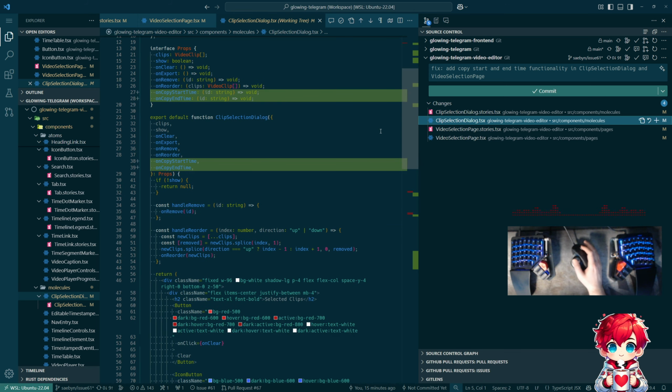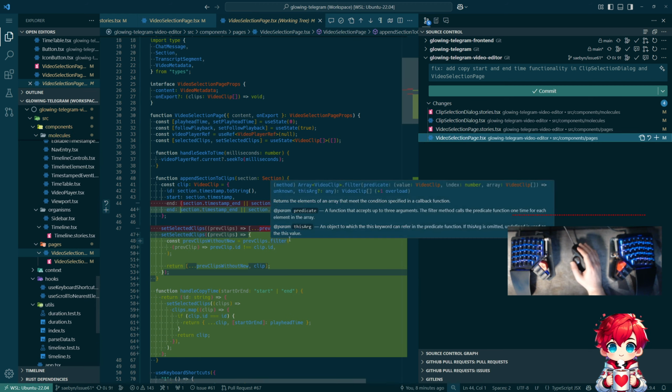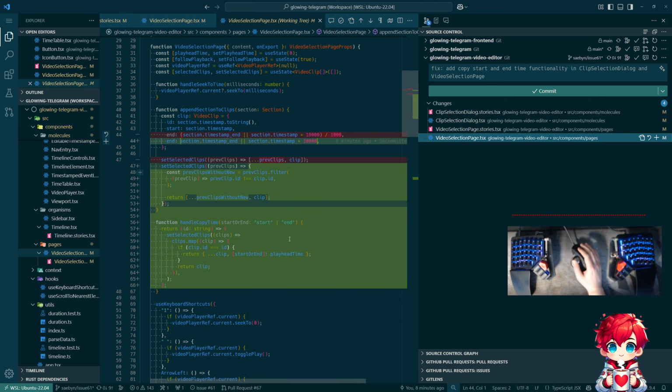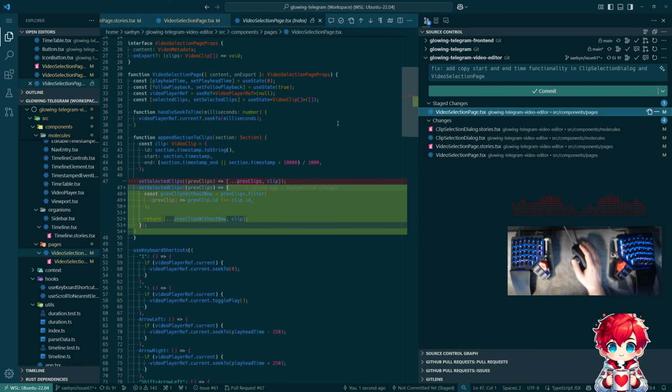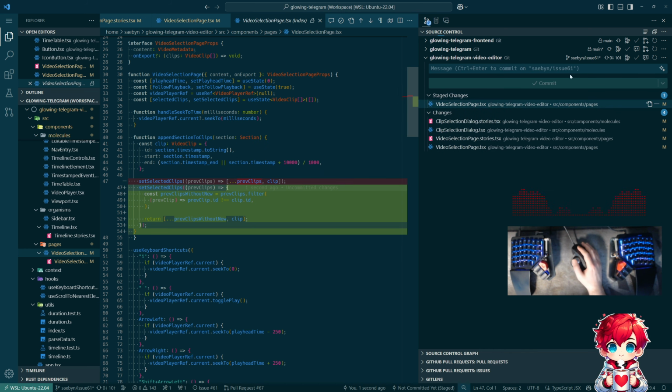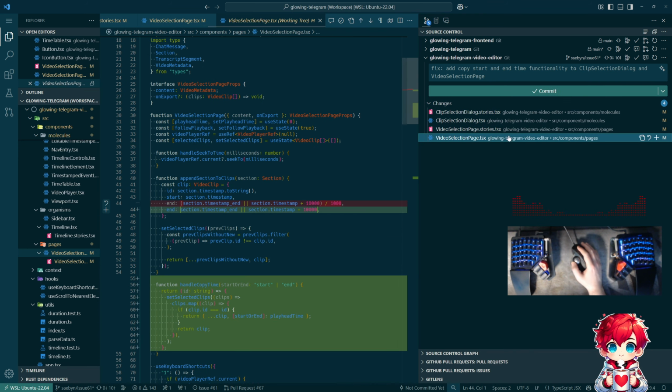And then at this point, this is mostly about copying the start and end times. Technically, this change, let's see if it's possible to copy this. I think this change in particular, if we stage this and look at what this is. This was the change to fix the issue where we were adding the same clip multiple times. So that could be a separate, yeah, there we go. And now I think we've distilled down to the